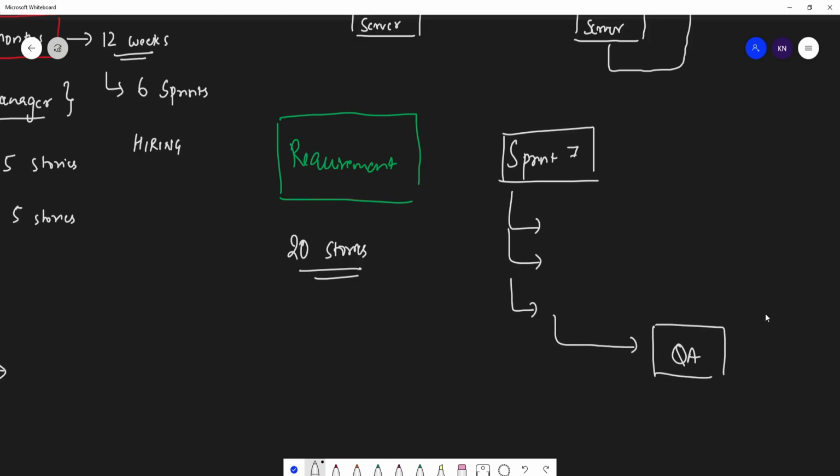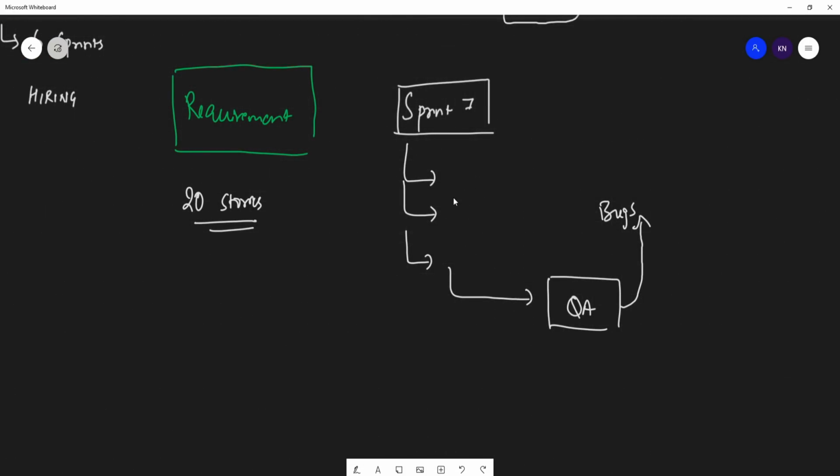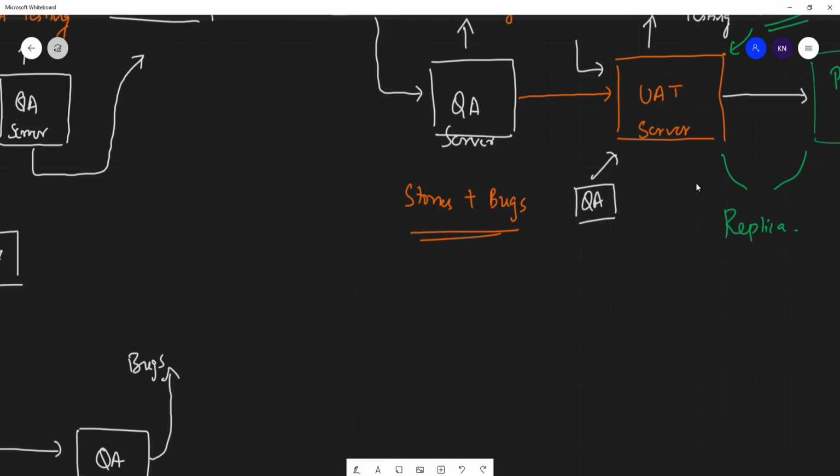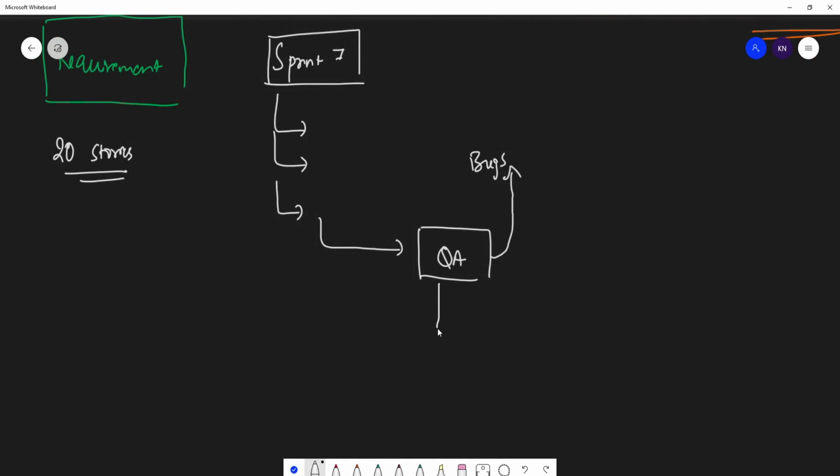Then the QA will fix this, test it, assign the bugs, and this entire thing will keep going on. But once the entire product goes into production, guys, after every sprint, once the QA testing is done, it will move to the UAT, and then it will move to the production in every sprint, because we need to deliver these products also.